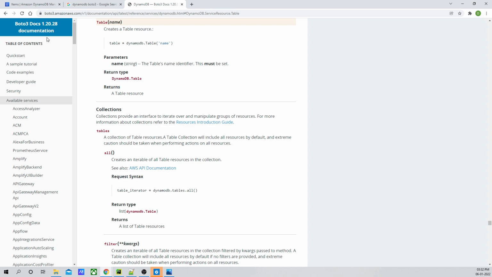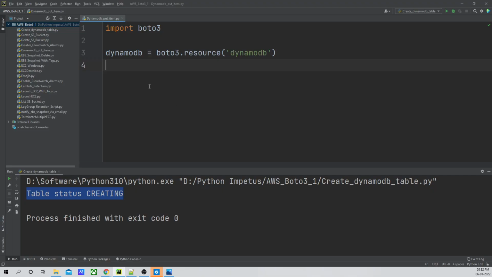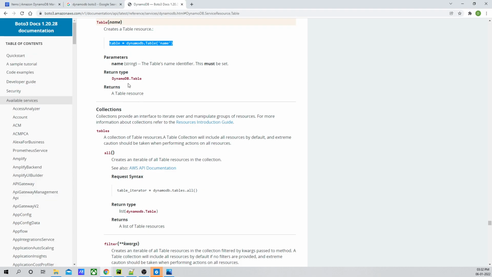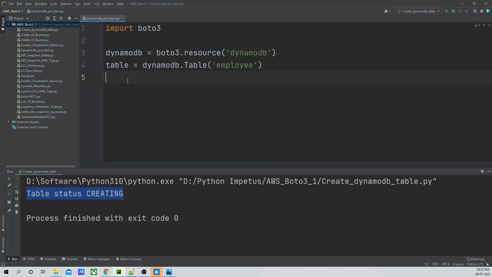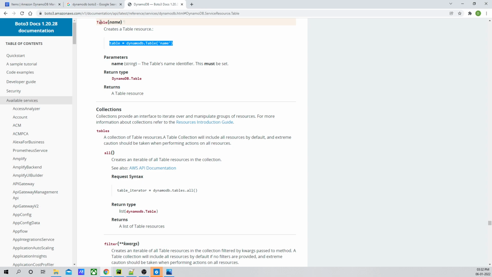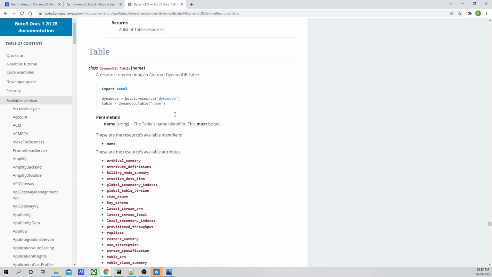Okay, so in the parameter which is mentioned over here, in the parameter name, we are going to give the table name. Now, as we have given the table name, it will return the DynamoDB table, which will be saved in table. Once that is done, within this table there are sub-resources. If I refer to the sub-resources and come down,